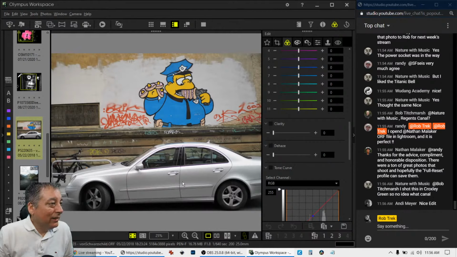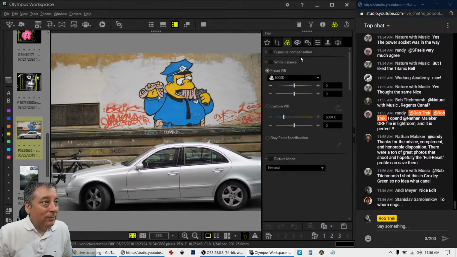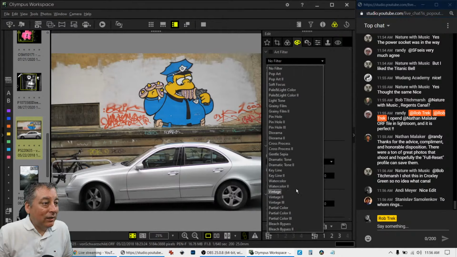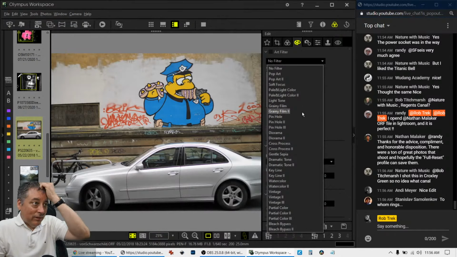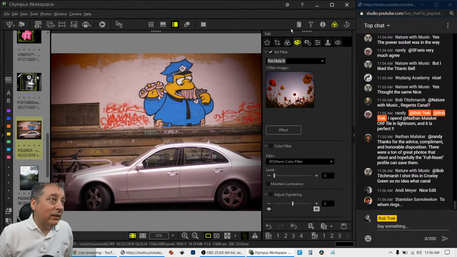All right, the car is all cut off, so we have to take it completely out of the image. And I'm gonna go with an instant film filter if I have it. Let me see if I have instant. Oh, I don't have instant film. And none of these are the same as instant film. I really like instant film. I mean, the pinholes are kind of there. But